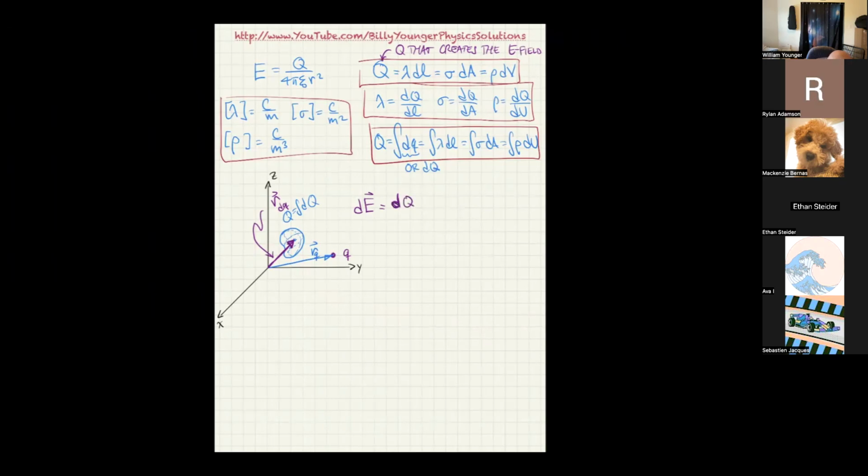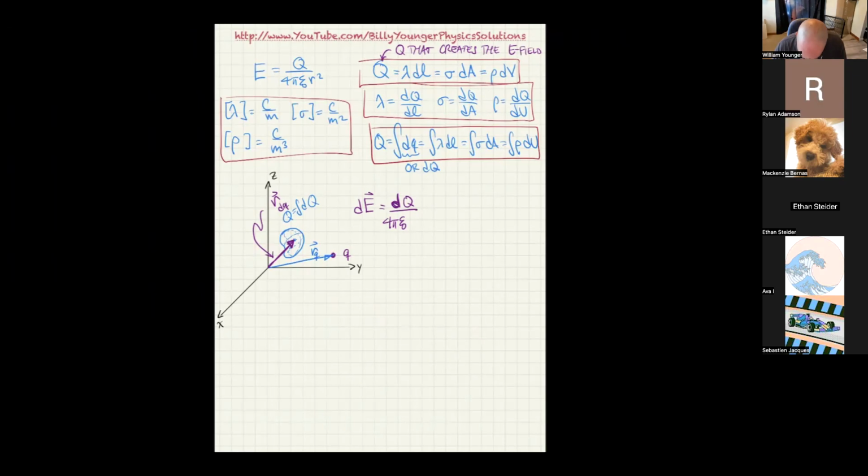Okay. And that's going to be over 4 pi epsilon naught. Now I need something to express the distance between dq and rq. So in other words, between the differential charge element d big Q and the charge little q. We've already figured out from, I think it was Sebastian, let us know that that vector is in fact RQ